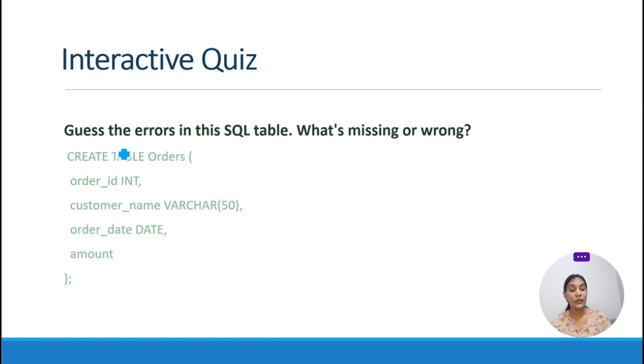Now next, when you appear in a technical interview round in a company, they sometimes ask this type of question: what is wrong with the creation of this table? So you have to find the error. Look at this example and let me know in the comments what value is missing or what is wrong with this table, orders. The name of the table is order. You can check it here, and you can take reference from the other example of the student table that I mentioned earlier in the slides, and just compare and let me know if you face some difficulty.